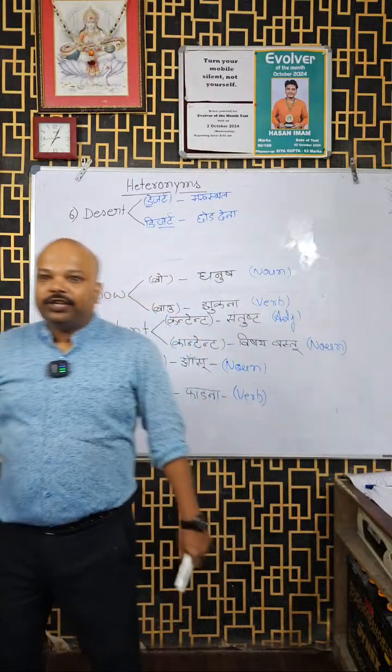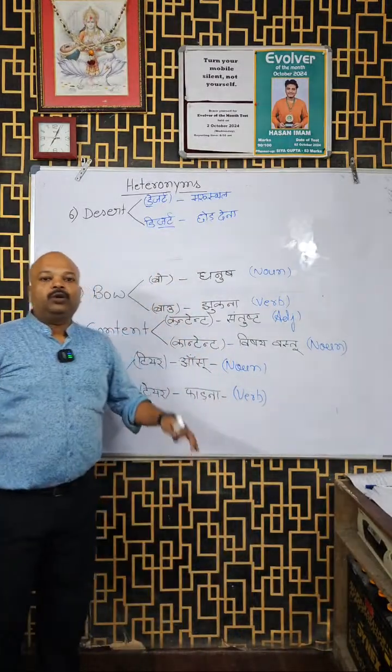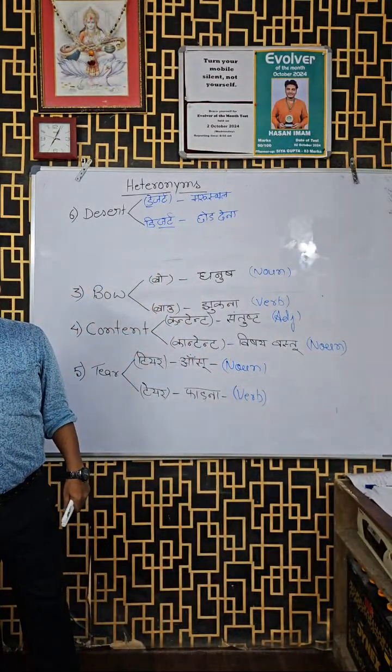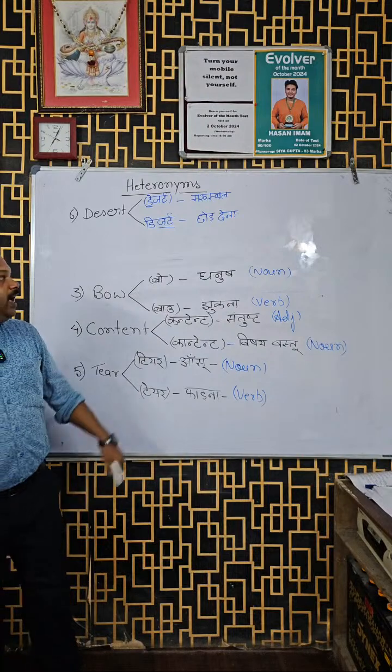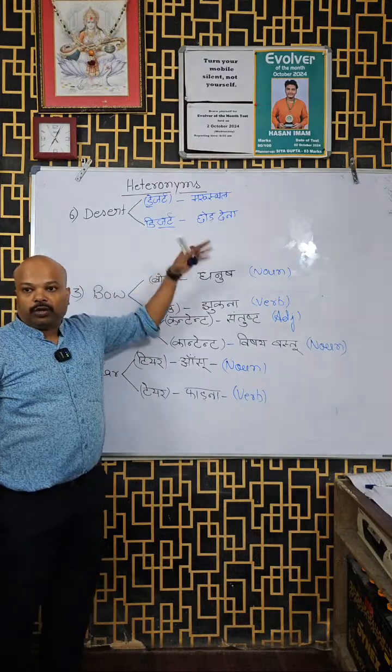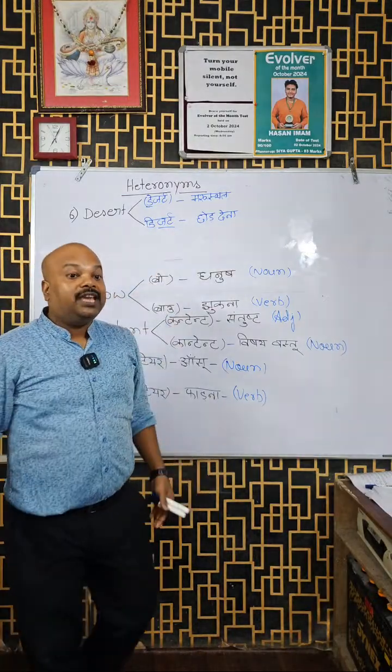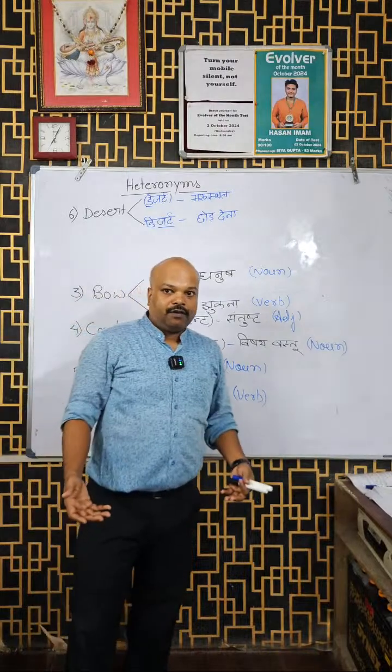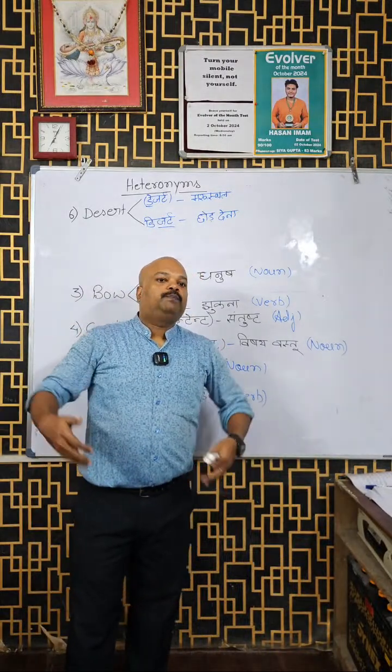I love traveling to deserts. मुझे मरुस्थल घूमना पसंद है. I love traveling to deserts. On the other hand, desert is छोड़ देना. This one is छोड़ देना. Like he deserted his wife to choose